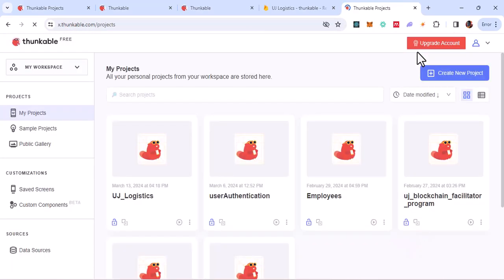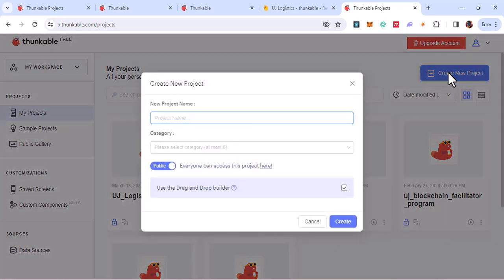What I want us to do is, so that we learn how this works, just come to create new project, click on create new project, give your project a name, a name that you can remember. You can call it first trial, you can call it UJ logistics, you can call it anything you feel like calling it, but I will call my own